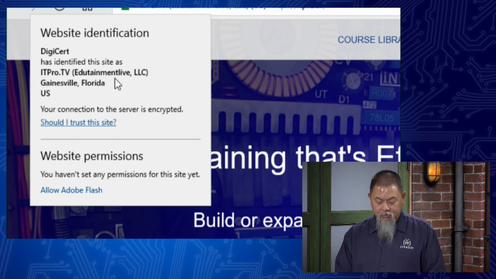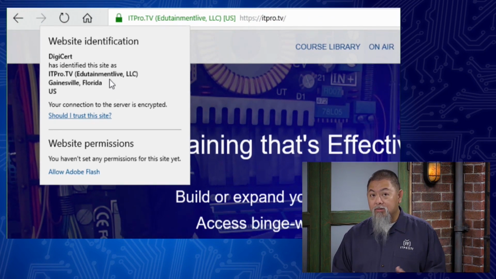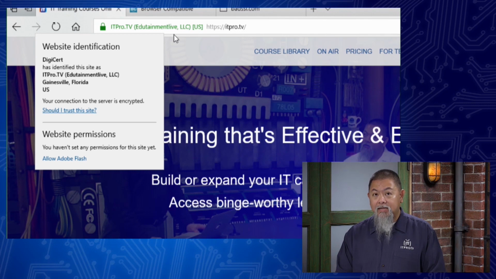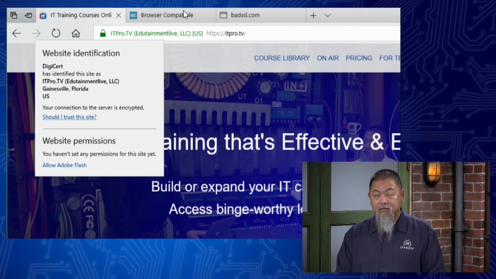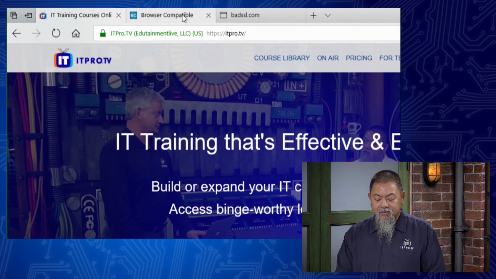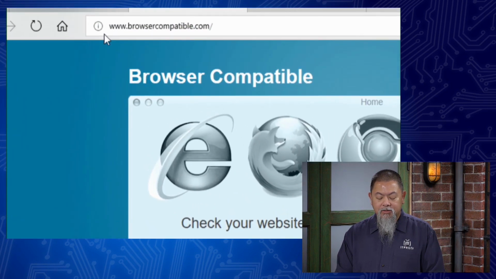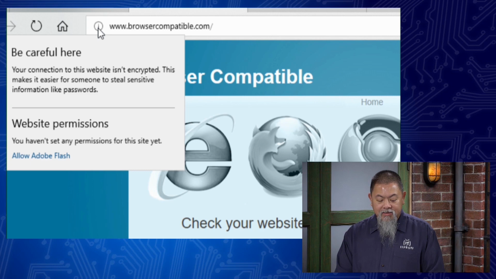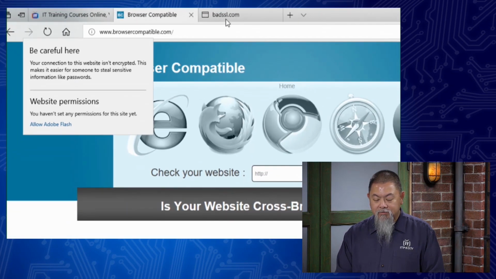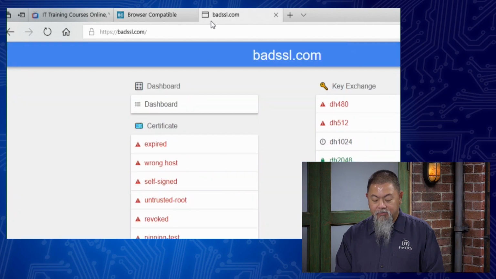It allows us to know that we actually did connect to the site that we believe we've connected to, okay? So when that's done, it's a lot of times a visual reminder in that way. But there are other places where you may not see that. So for instance, let me go to this one right here, which I've already pulled up. If I select this, notice it says your connection isn't encrypted. That's all that one says, but I can go to another one. This is what I wanted to get to.